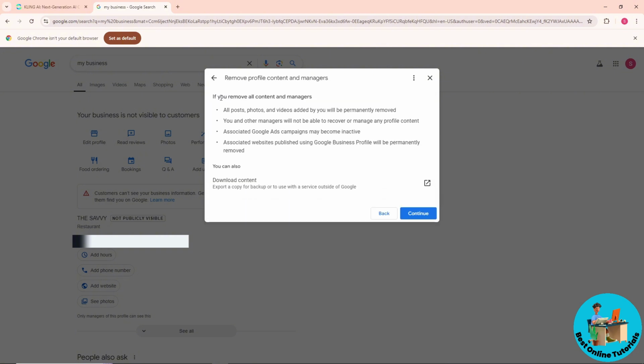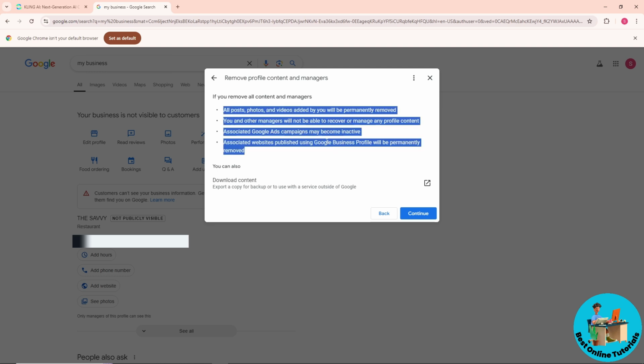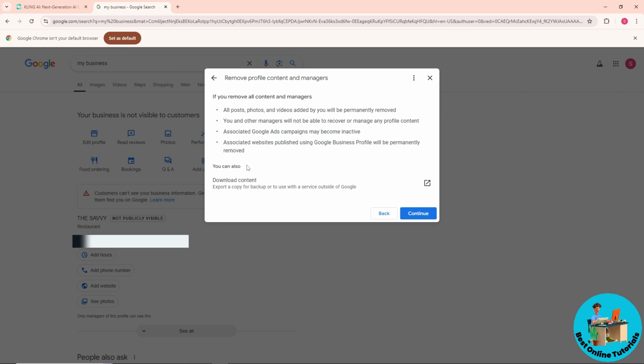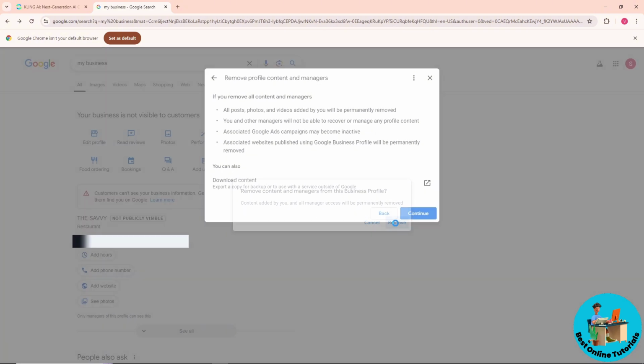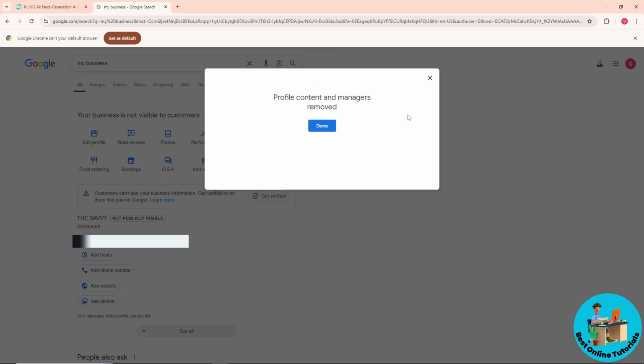And from here, as you can see, you will have a warning that all of these will be removed. So you will have an option as well to download the content so you can have a copy or a backup. So now from here, just simply click on continue. And as you can see, you will have a warning pop up and click on remove. And from there, you should be able to delete your business